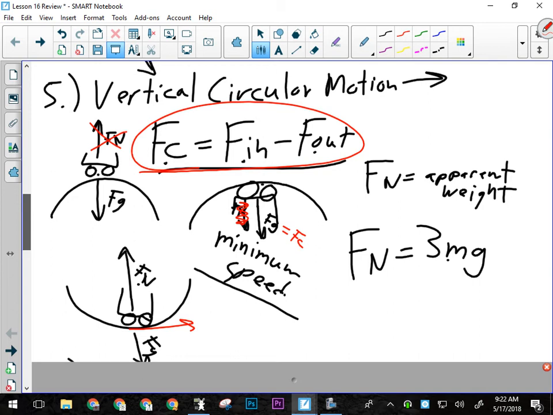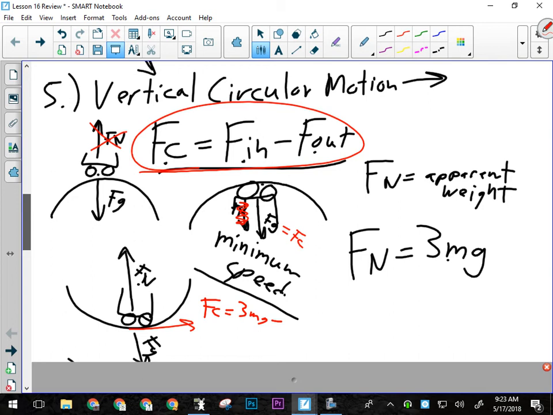Right. I would say that they feel 3 times heavier than normal. Okay. They feel heavy, 3 times heavier. Are they actually 3 times heavier? No. Okay. But they feel 3 times heavier. So that would mean Fg, or Fn, sorry, is 3 mg. If we were talking about the bottom of the vertical circle, that would mean, okay, that Fc equals 3 mg